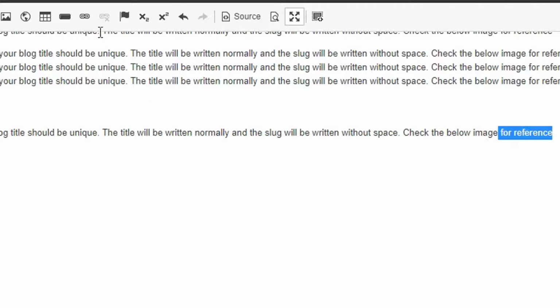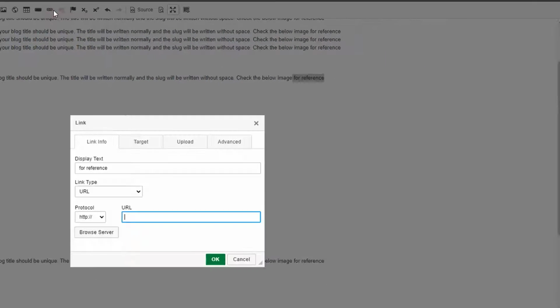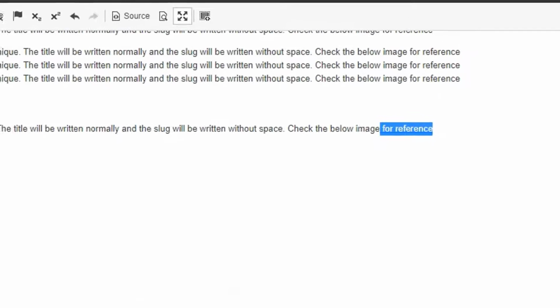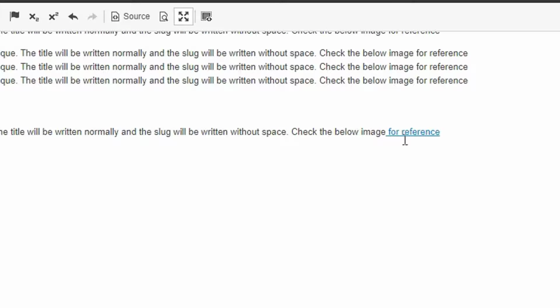Just select that area. Here, just click that; you can hover over it and it will show you the link. Just click on that link. Now here you have to type some link. Let's suppose, for example, I am just typing youtube.com. So we will just apply OK, and it is now a link.